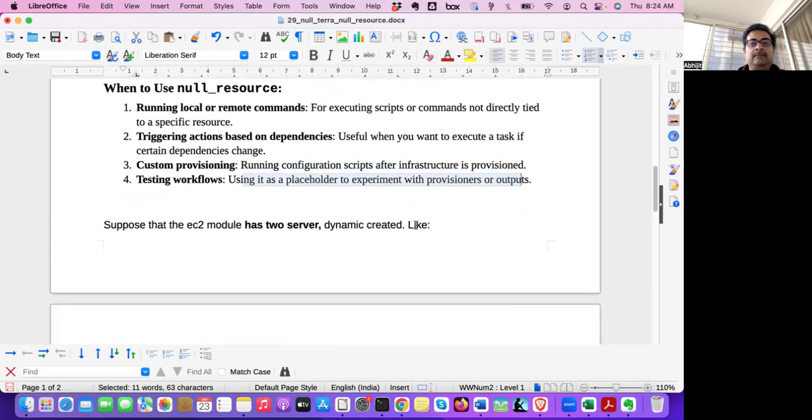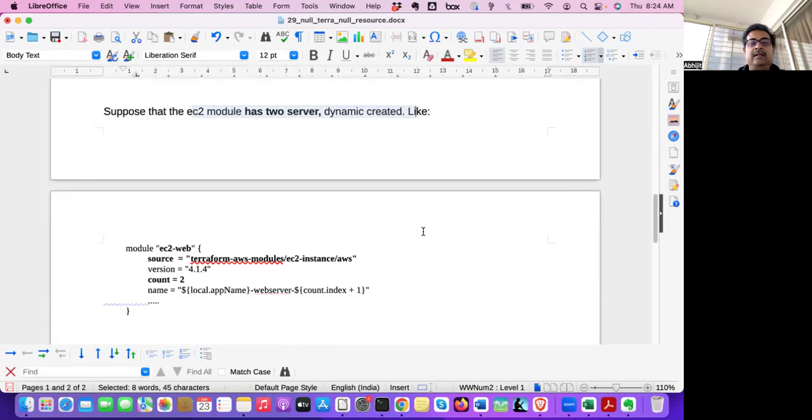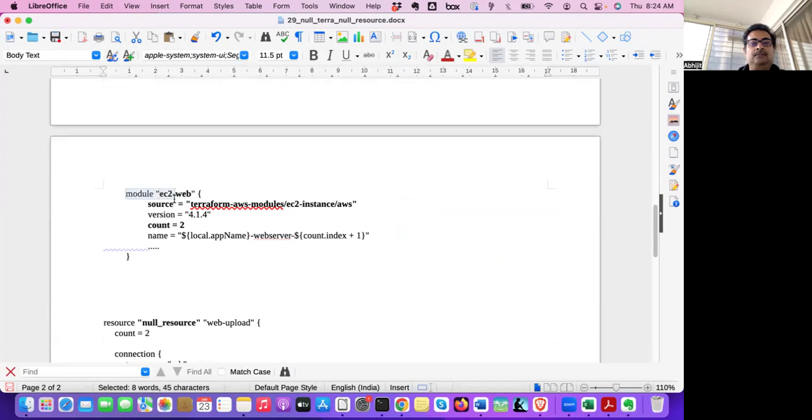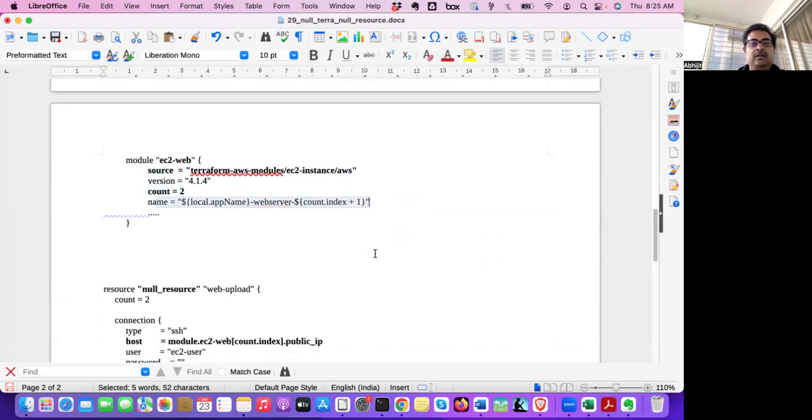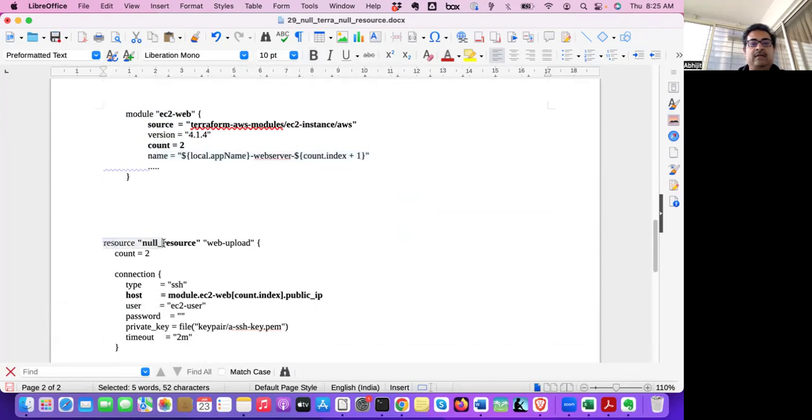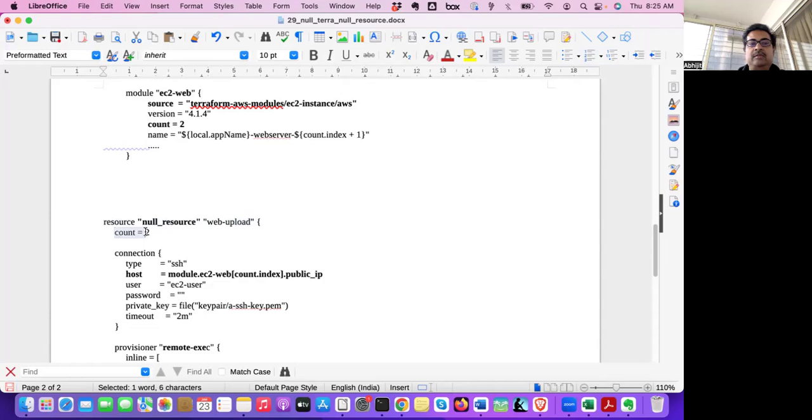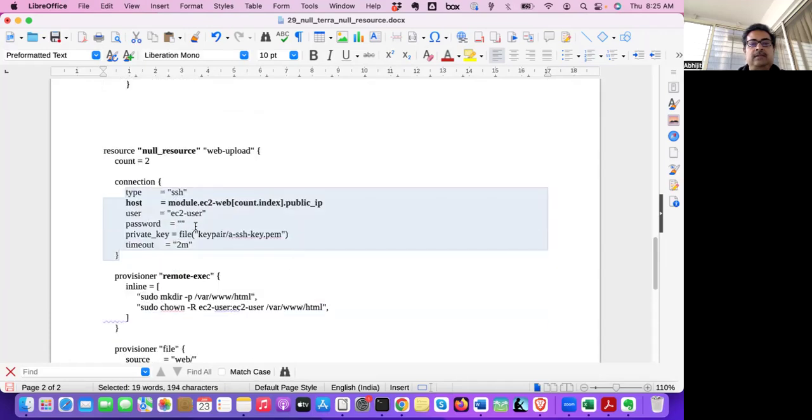One more example: suppose that you have an EC2 module that has two servers dynamically created like this. So you're using the EC2 module, this is the source you're using for the module, and you're creating two EC2 instances. After that, you can have null resources where you are uploading web files. Here, two times you have to do it because two resources are being created. So what you are doing is setting up an SSH connection into that instance using that key pair,